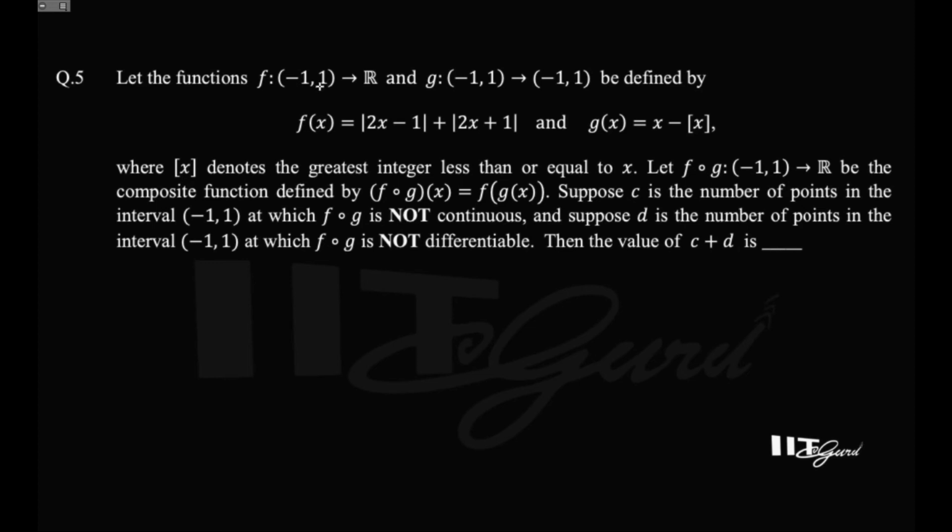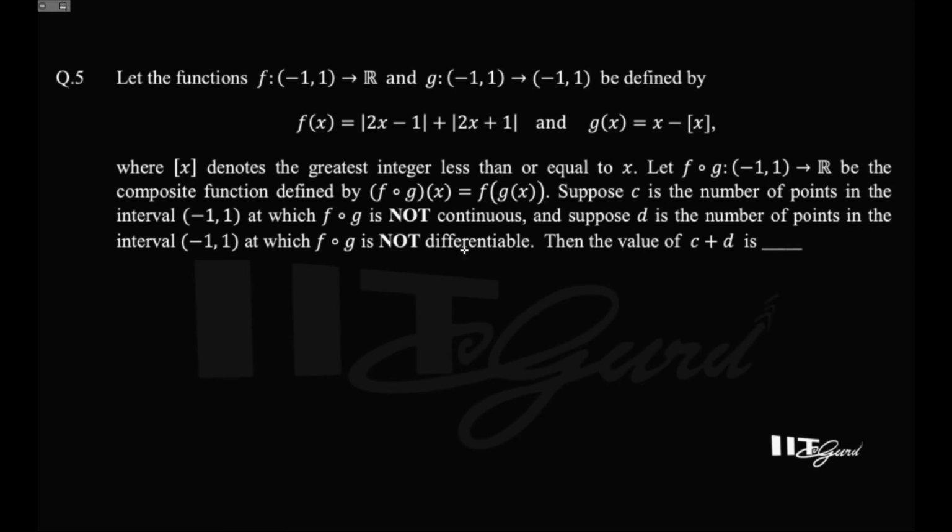Question number 5. It is given here f domain is -1 to +1. g also has the same domain, the real numbers from -1 to +1. And f of g(x) is defined over here. Now you have to test that, suppose C is the number of points in the interval at which fog is not continuous,